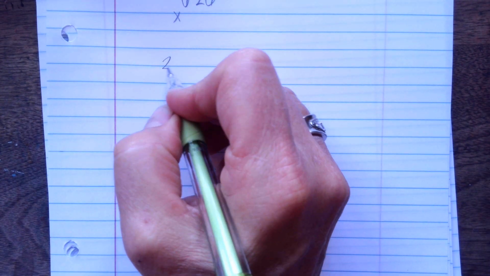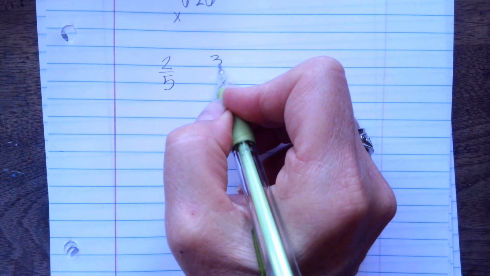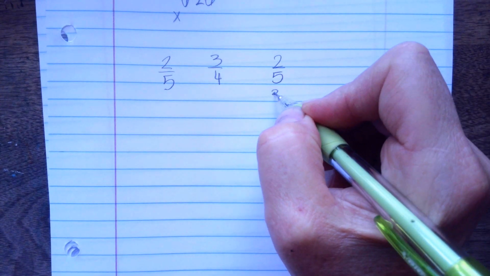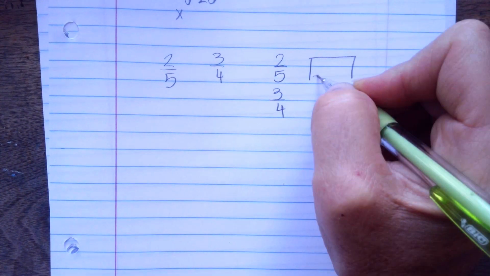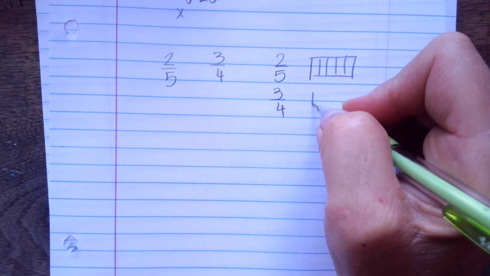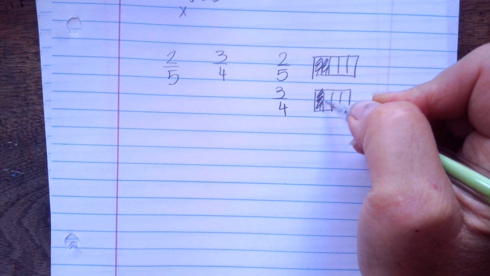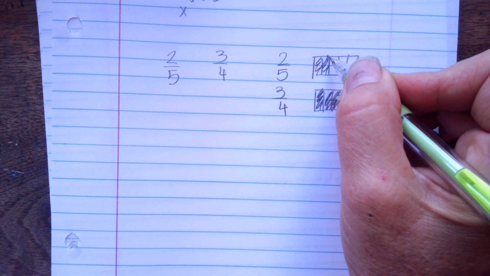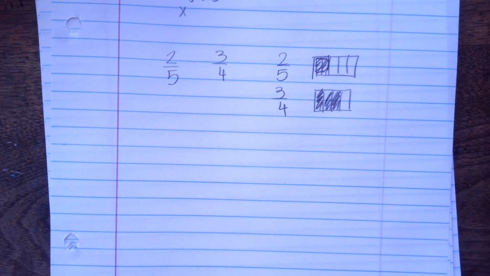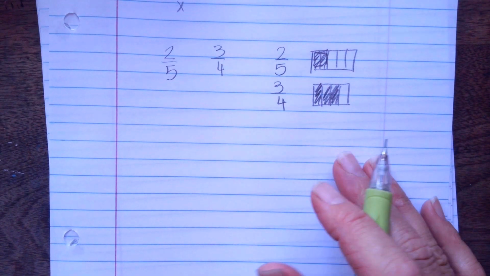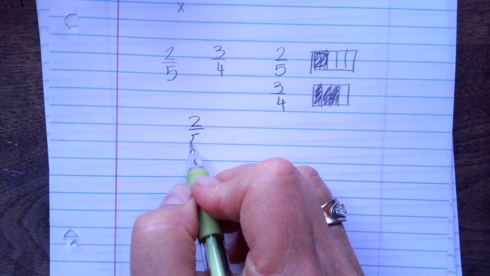Okay, so we have like and unlike fractions. If I have 2/5 and I have 3/4, are those like or unlike fractions? Unlike. Yeah, and the way we can do it is we can either make something like a graph and we can fill it in. And that's one way to do it, and that's awesome. And we can say, are these the same amount as these? No. So, an easier way to do it instead of graphing it is to find an equivalent fraction, which means